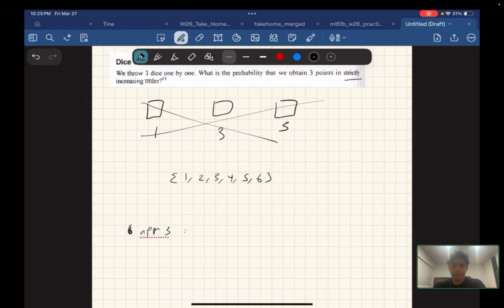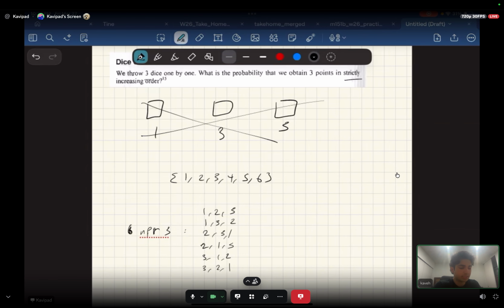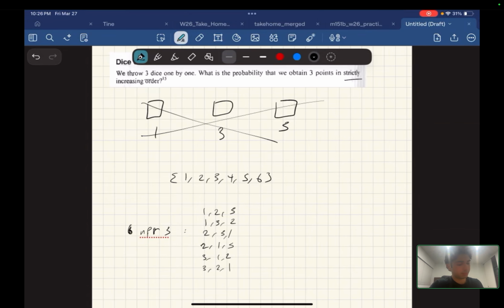One distinct, unique arrangement of 3 numbers from 6 is 1, 2, 3. Another one is 1, 3, 2. We can have 2, 3, 1, 2, 1, 3, 3, 1, 2, and 3, 2, 1. If you notice, using the same 3 numbers, we created 6 distinct unique arrangements of them. And one of these permutations was one such that we were in increasing order. So if we could find a way